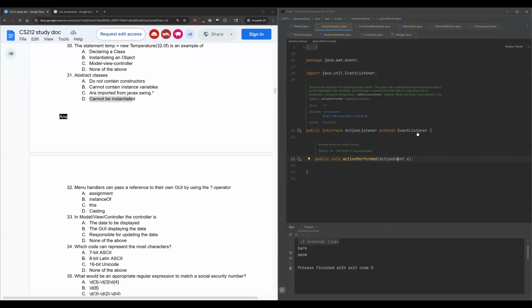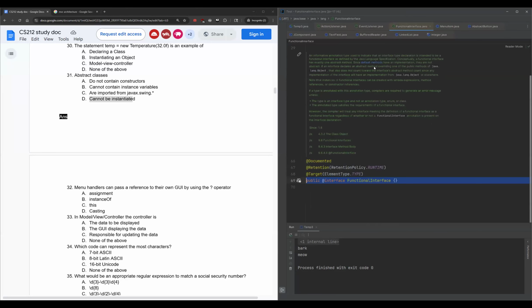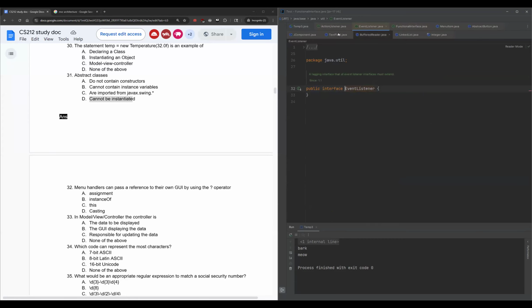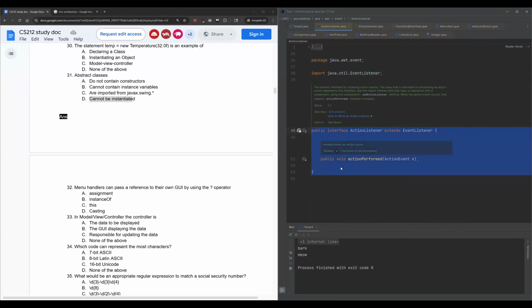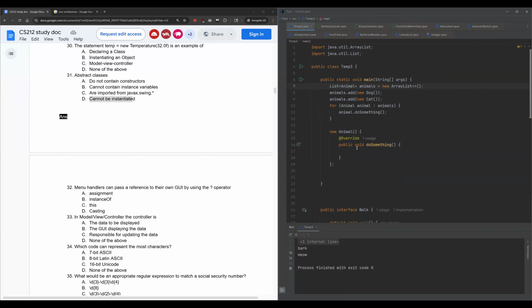Action listener, okay. A functional interface is basically an interface which has exactly one abstract method. So an action listener is an example of a functional interface, and then you would use it when you do that whole